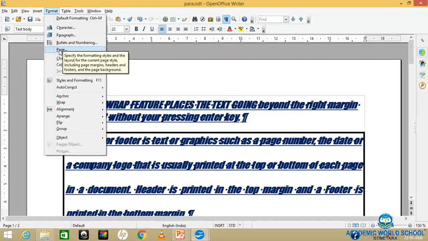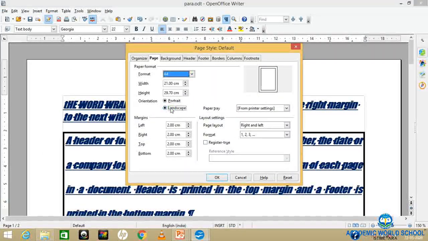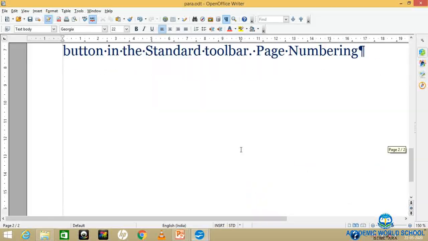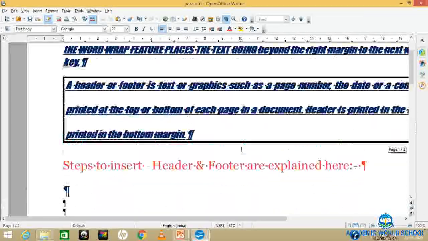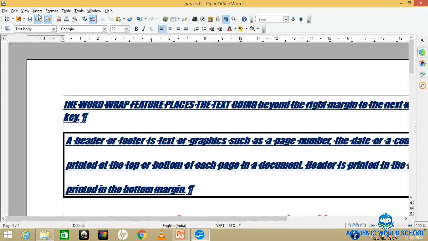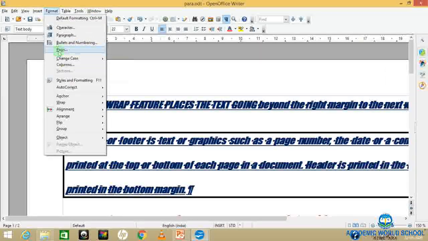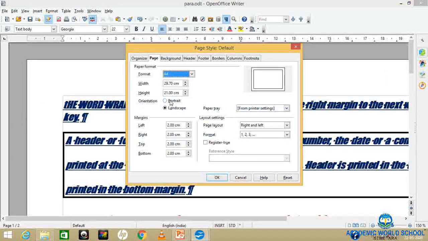From here you can maintain the height and width of the page. Generally we use A4 size page, and the width and the height of the page is like this. Here you can also maintain your own height and width, in centimeters, or you can maintain in inches also.